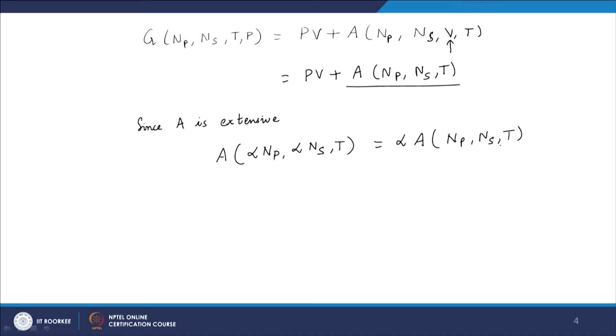Just a mathematical trick that will give you some dividends in a moment. So, now I can set alpha as, say, Vp by V. So, then I will have A of Np Vp by V